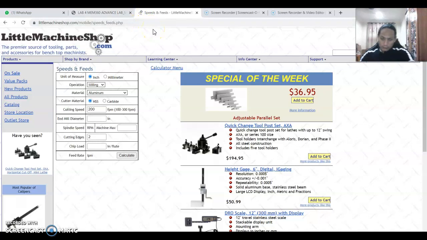Okay, so the first thing is we have to change the unit of measure to millimeter. Then for this process, which is center drill, we have to use the drilling operation here. And then for the material, as I mentioned before, we use low carbon steel. Okay, and then we go to the end mill diameter, which will be 20,